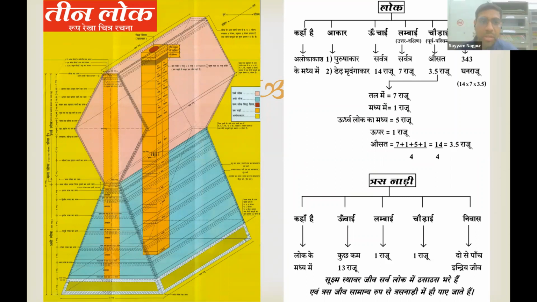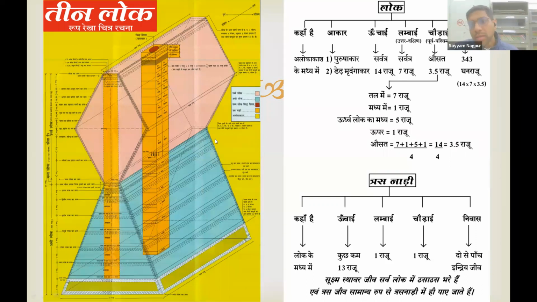Chalo. So Tras Nadi means this orange cuboidal structure in the middle of the three worlds. The height of this thing is a little less than 13 Rajus. The length is 1 Raju and the depth is also 1 Raju only. So we had studied a little in Shadhala as well, and you might have heard it from other people as well, that